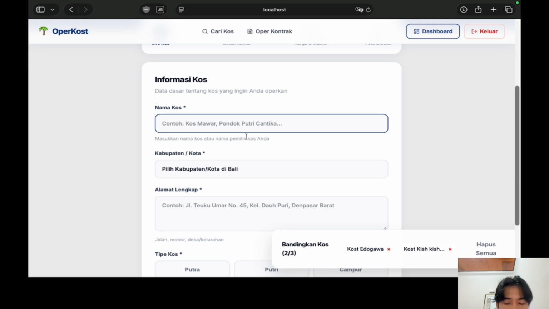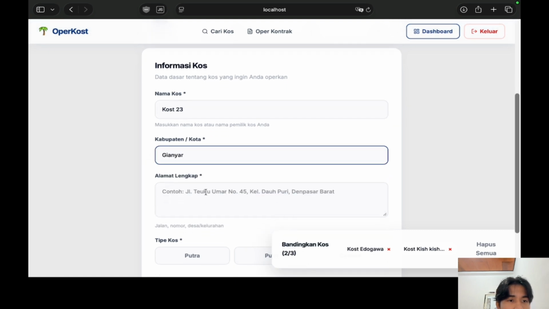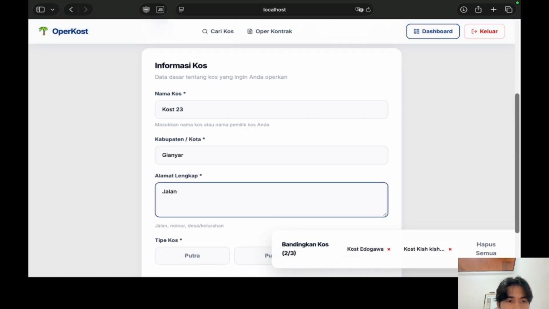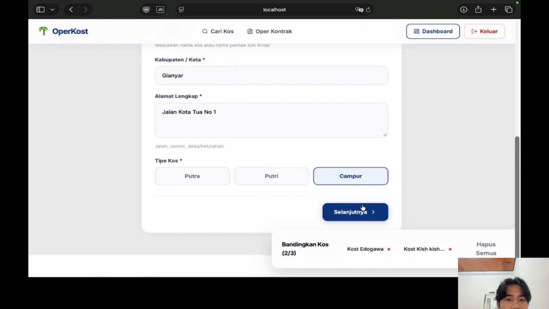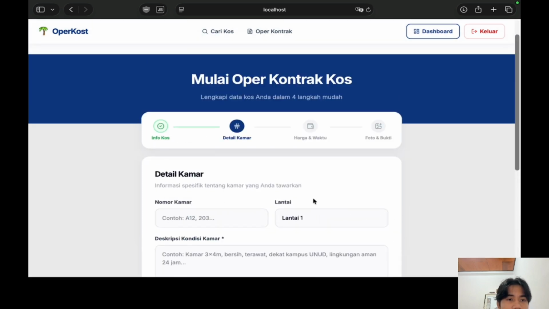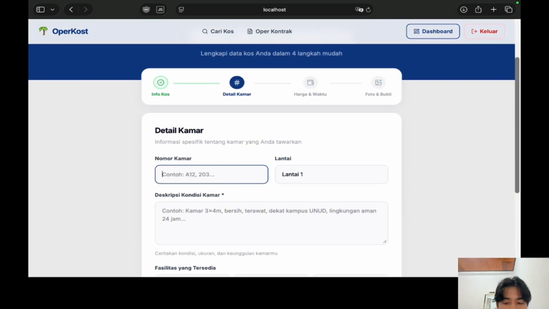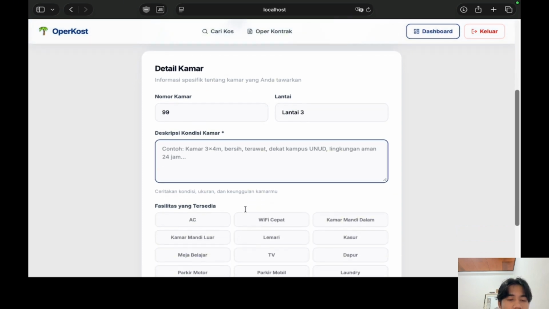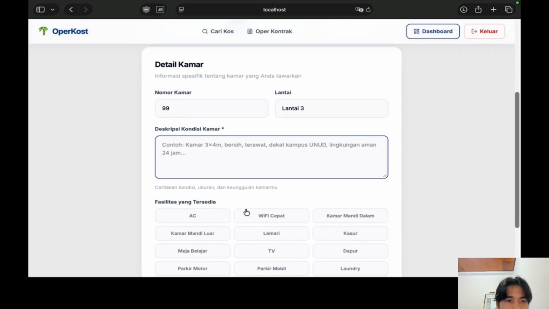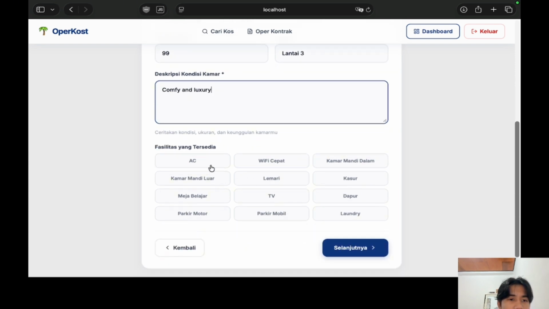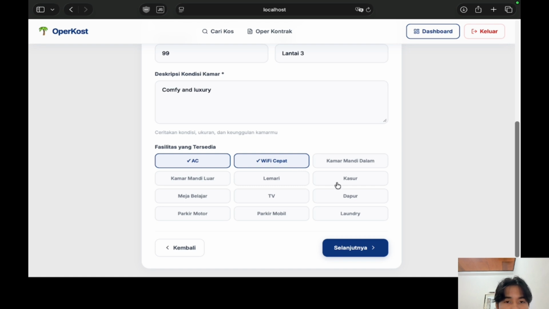First we give a name for the cost, maybe cost 23, the location, the address, and then the type, male or mix, let's try mix, and then the room number, the floor, the description of the room, maybe comfy and luxury, and then the available facilities: AC, Wi-Fi, TV, parking, motorcycle.